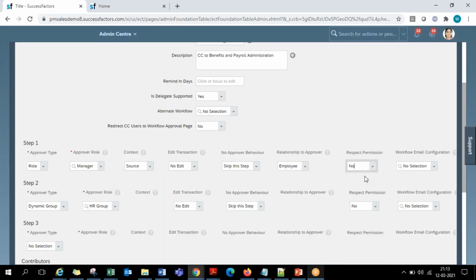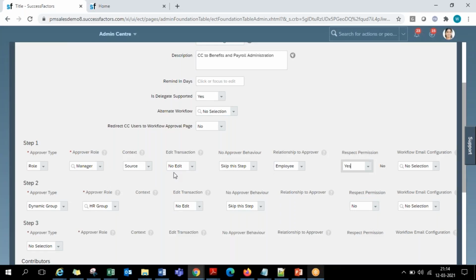In real time, almost no customer comes up with such a requirement. If you say you don't want this person to see that particular data, don't maintain him as an approver. You don't want that manager to see this data, but he should be the approver? That is not appropriate. So 99% of the time, whenever such a collision comes, where the approver and the person who should not see the data are the same, we as consultants recommend that the customer change the workflow process. Instead of saying respect permission as yes, where they have to approve blindly or delegate it to somebody else, which takes more time, this is the best approach.